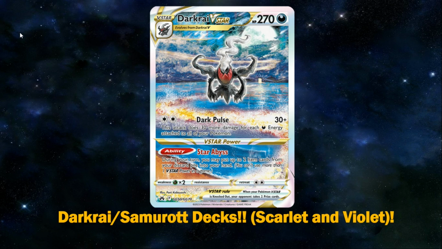I think a lot of people predicted these cards would be at least a bit decent, especially Darkrai V-Star, considering it has an amazing V-Star power and a very strong attack in the form of Dark Pulse. It does 30 damage and then 30 more for each Dark Energy attached to all of your Pokemon. It does seem like a pretty good attack at first, but unfortunately the harsh reality of Darkrai V-Star is you need way too many energy to realistically pull the strategy off, because Darkrai V-Star really wants to be in a format where it can one-hit KO the opposition, but unfortunately as Pokemon get bulkier and bulkier, this obviously becomes